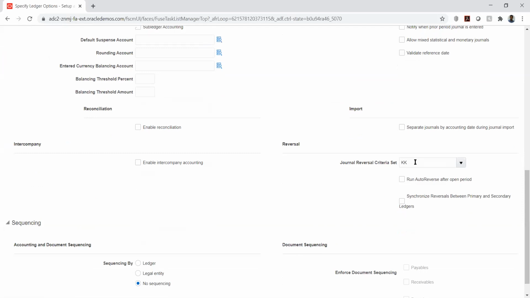What he did now, no, is that he created a criteria set as KK. The same criteria set he added here, the reversal. Okay. Yeah, fine.